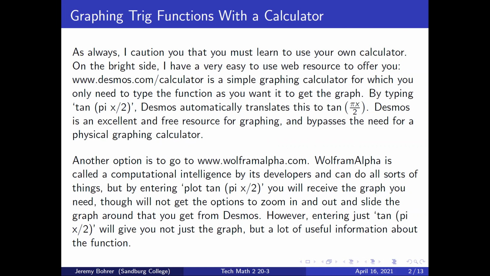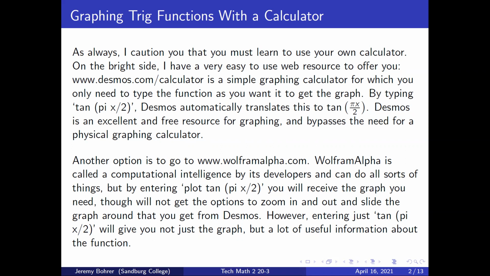www.desmos.com/calculator is a simple graphing calculator for which you only need to type the function as you want it to get the graph. By typing tan pi x over 2, Desmos automatically translates this to tangent of pi times x divided by 2. Desmos is an excellent and free resource for graphing and bypasses the need for a physical graphing calculator. Another option is to go to